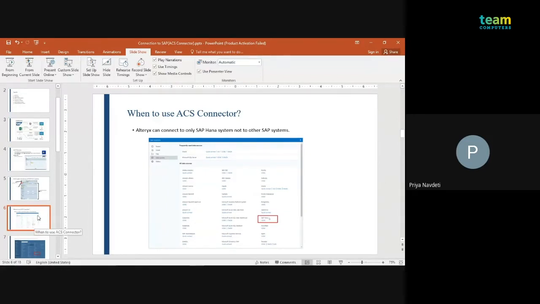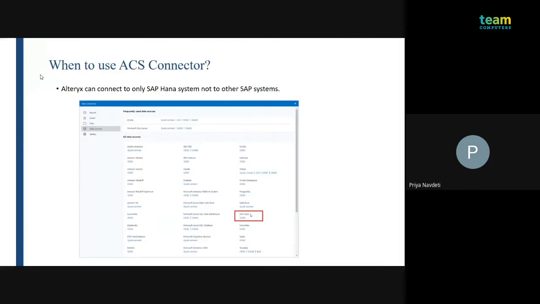So this is an example of how we log in and how we need to use the SAP system. Next is the ACS connector. When we use the ACS connector, Alteryx can connect only to the SAP HANA system, not to the other SAP systems.